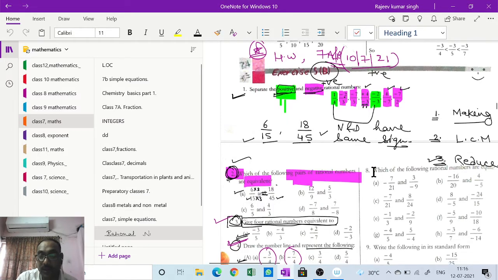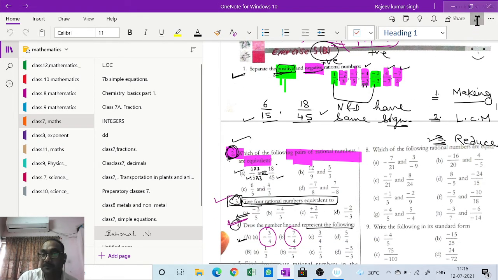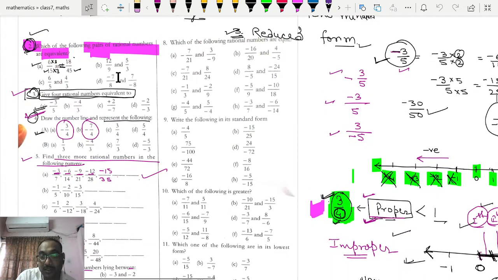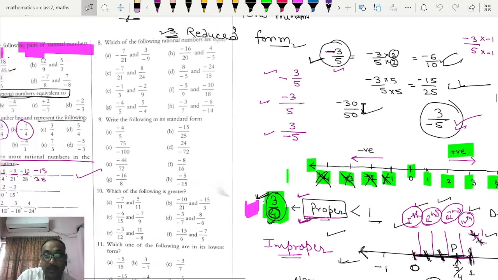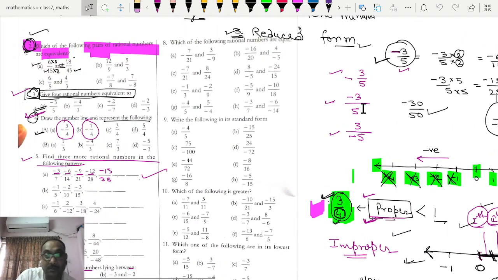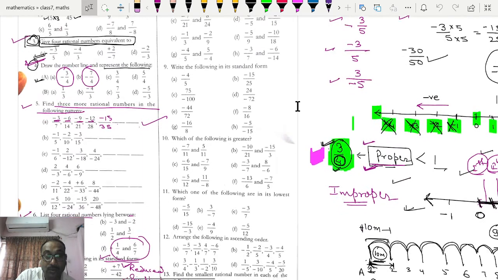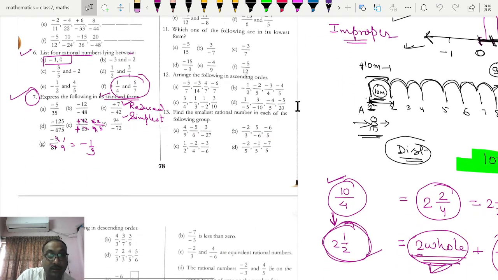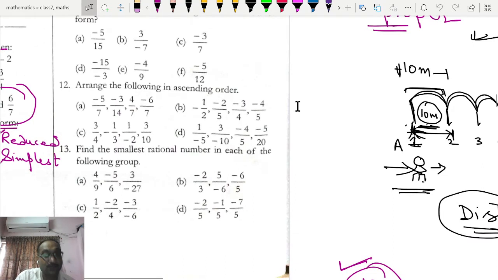And this is for class 7, rational numbers. So, you all have learnt the definition of rational numbers, how a rational number can be represented on a number line, and how you can compare two rational numbers by making their denominators equal. You also know how to write equivalent rational numbers. Now today we will explain how, by comparing these rational numbers, you can